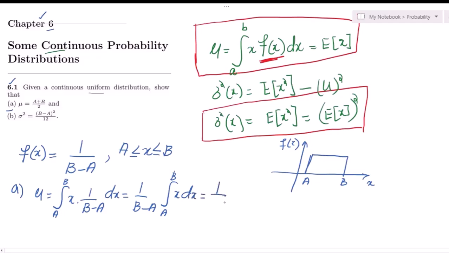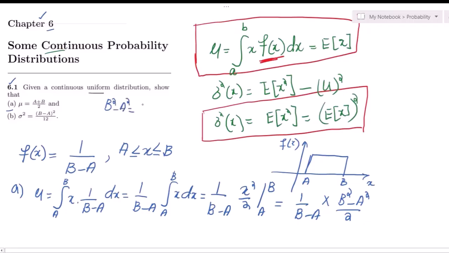The integral of x is x square divided by 2 from a to b, so we get 1 over b minus a multiplied by b square minus a square divided by 2. As b square minus a square is b minus a multiplied by b plus a,